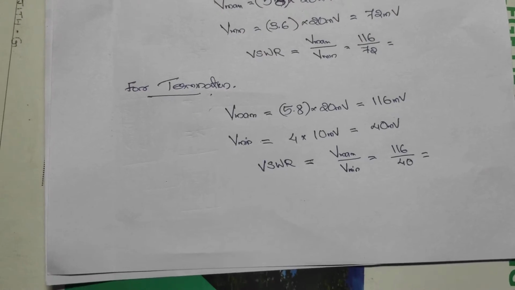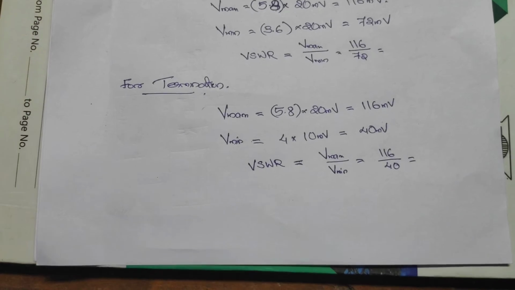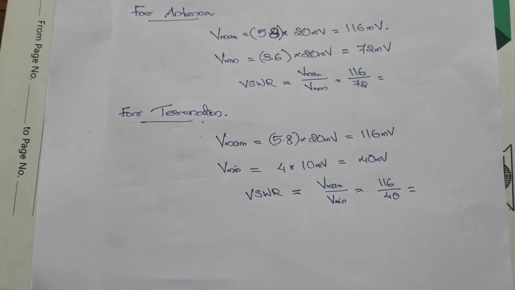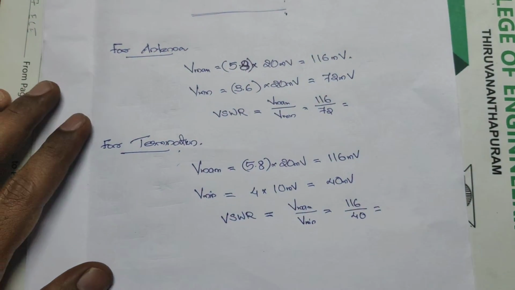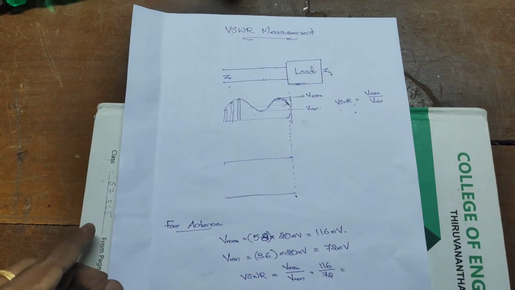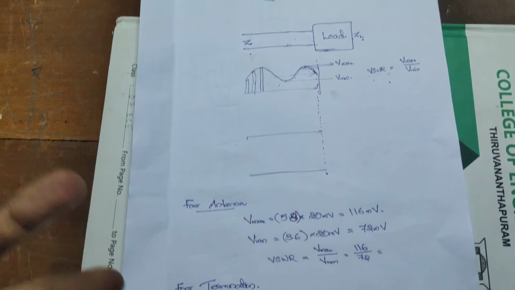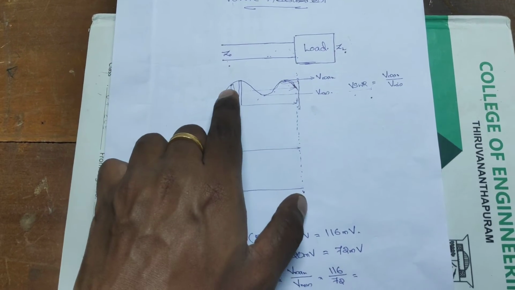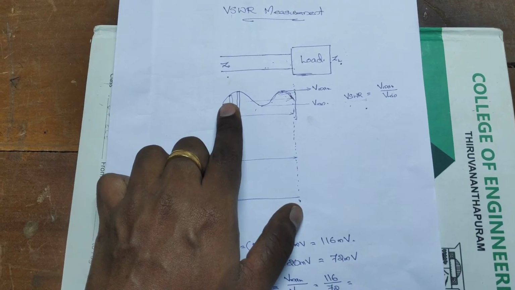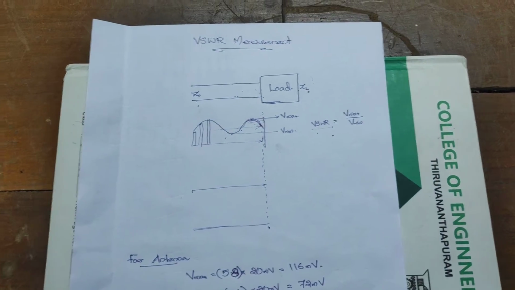from a relation. I think we have an experiment to find unknown impedance also. That we will do later. And this is the simplest experiment to measure the VSWR of an antenna or any load. So we just need to measure the maxima and minima of our standing wave. That's all. Now we'll go to the second experiment, that is